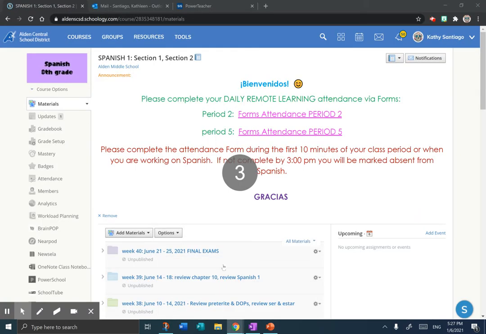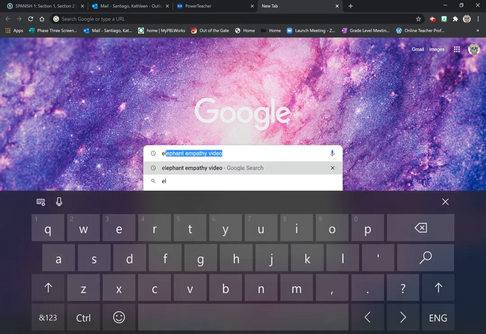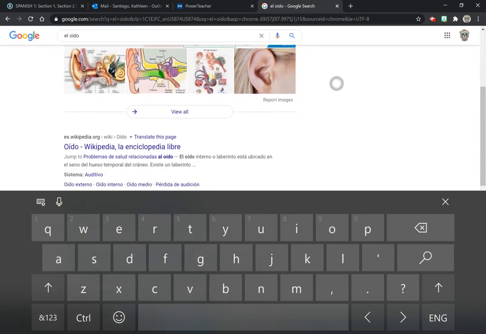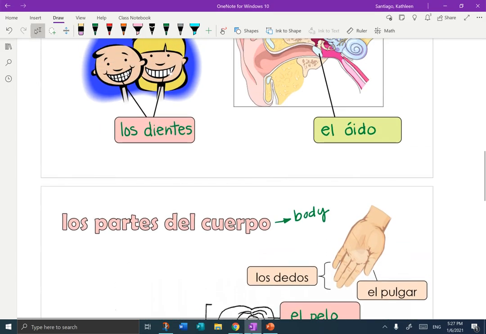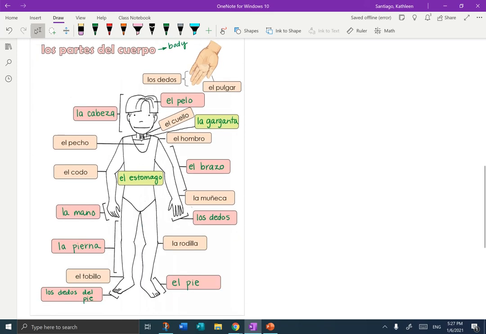I'm just going to go quickly to here, and I'm going to type in el estómago. Okay, no accent mark. El oído. Search and see if it comes up with an accent mark on it. I feel like it takes an accent mark. Yes, it does. It's on the I, not the O. So I'm going to eliminate this and go back to our OneNote. Sorry, that was just bothering me. I want to go up here and fix this. So it's oído, accent on the I. Okay, any questions? So you will be quizzed on body parts